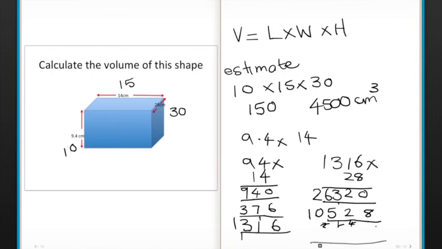8 add nothing is 8. 2 add 2 is 4. 3 add 5 is 8. 6 add nothing is 6. 2 add 1 is 3. Now,